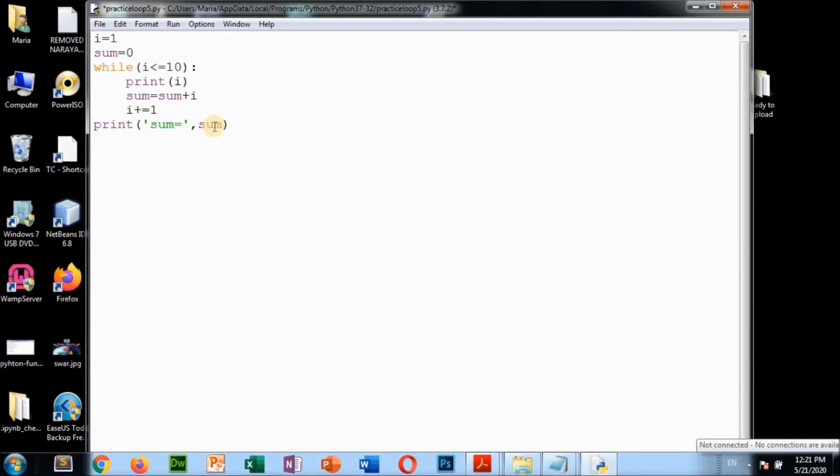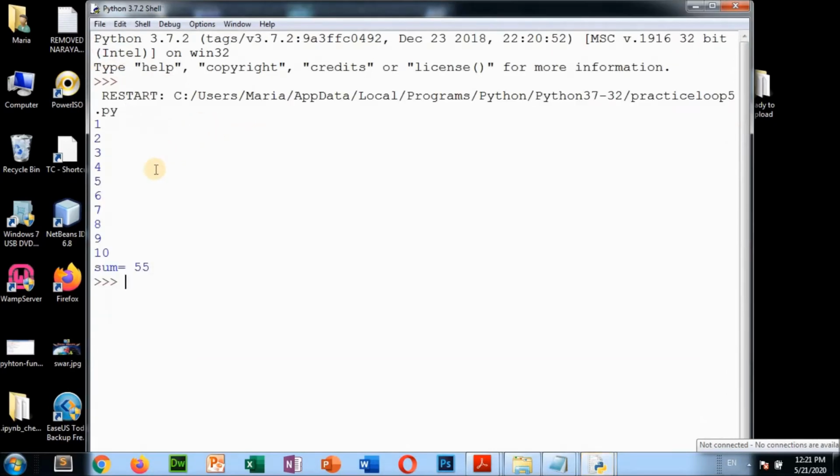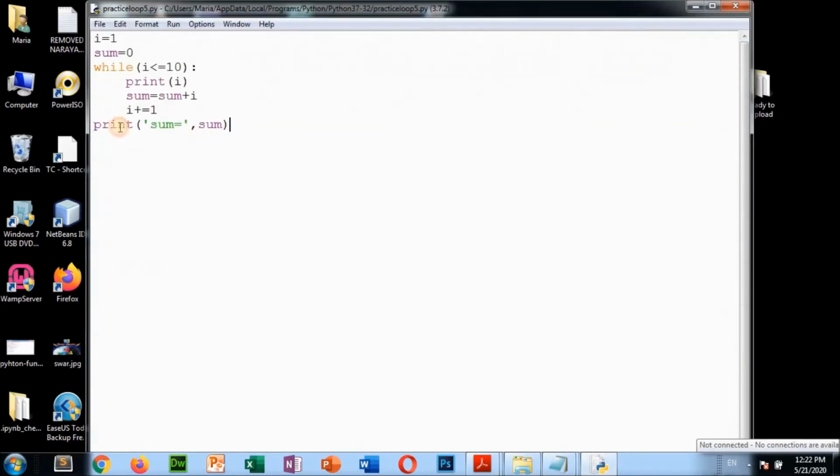In sum. So it will display the sum. Now save this program, run this program. Now see, sum is equal to 55. Clear? Like that we can do. And if you write this sum, see, control X, now I am displaying the sum here.